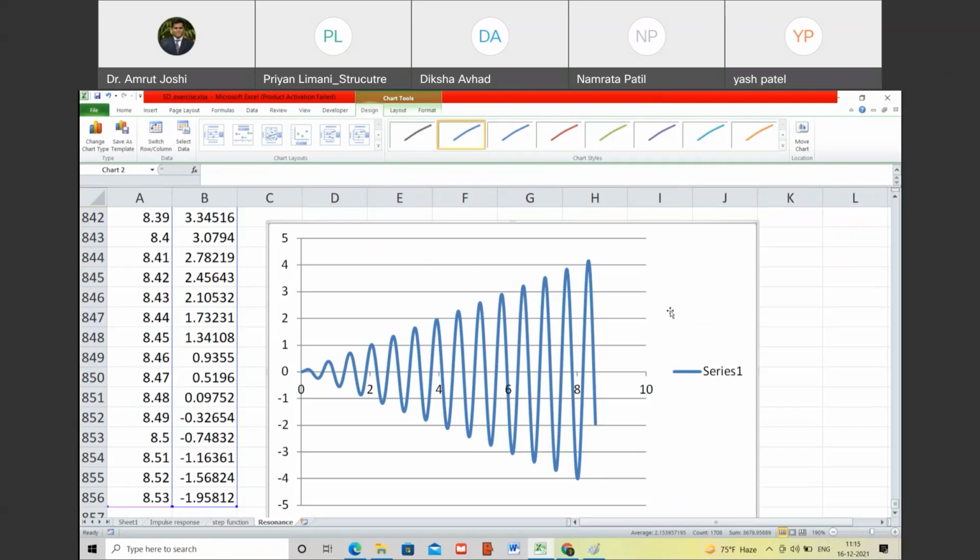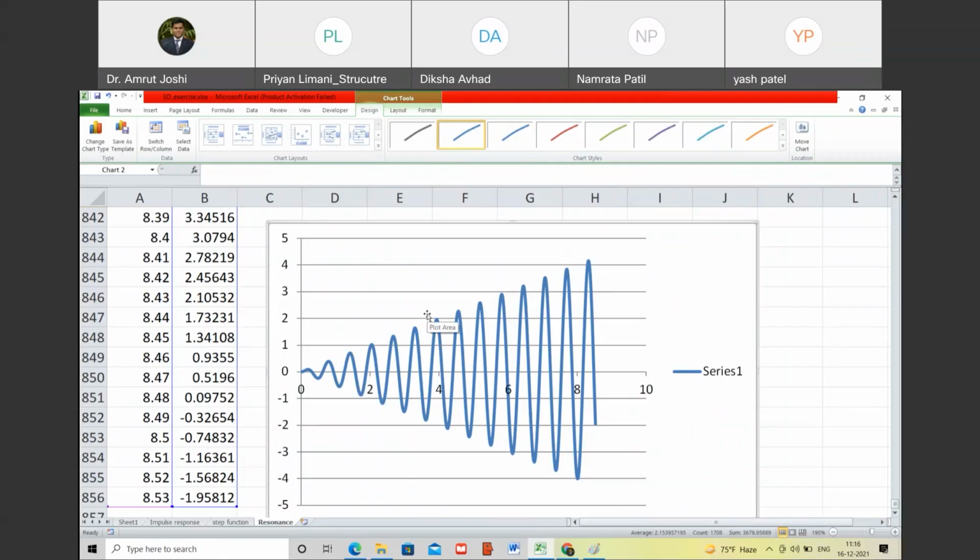Are you with me? Now, at time t equal to 0, the response suddenly doesn't become infinite, or very large. You need to have that resonance occurring for some time. For some time at least, the forcing frequency must be equal to the natural frequency. Let us say up to 4 seconds. Then only the response shoots up to the level where the structure is susceptible to fall. Are you with me? So what we understand from this graph is that if the resonance occurs for a very small duration of time, and within that time the response does not shoot up in such a fashion that the stresses exceed the strength, the structure is going to sustain the resonance phenomenon.